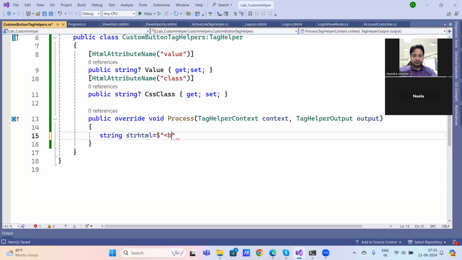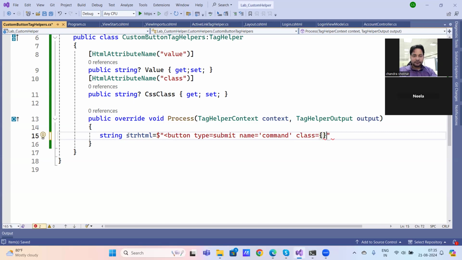Button type is equal to submit. Submit. Button type is equal to submit. Name is equal to command. And class is equal to